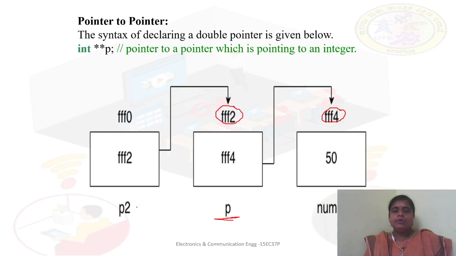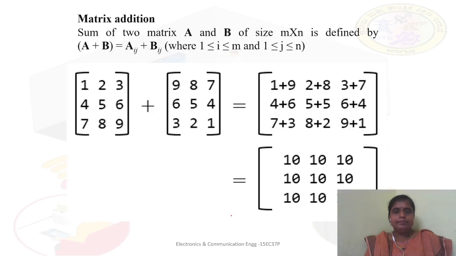So this pointer I am going to store in p2. Got it? So here a pointer is pointed to a pointer. Here p is storing the address of the variable number, and p2 is storing the address of the pointer p. Okay, so this is how we are going to use it. This is used in our matrices to trace the addresses of the different elements. So we are using the pointer to pointer.